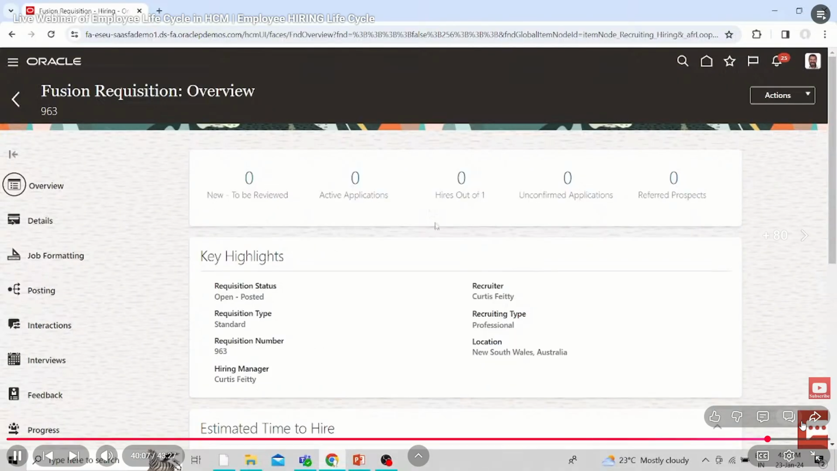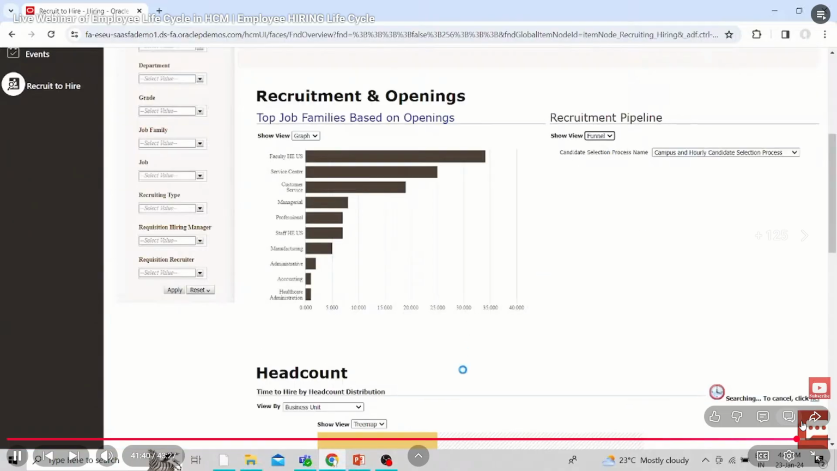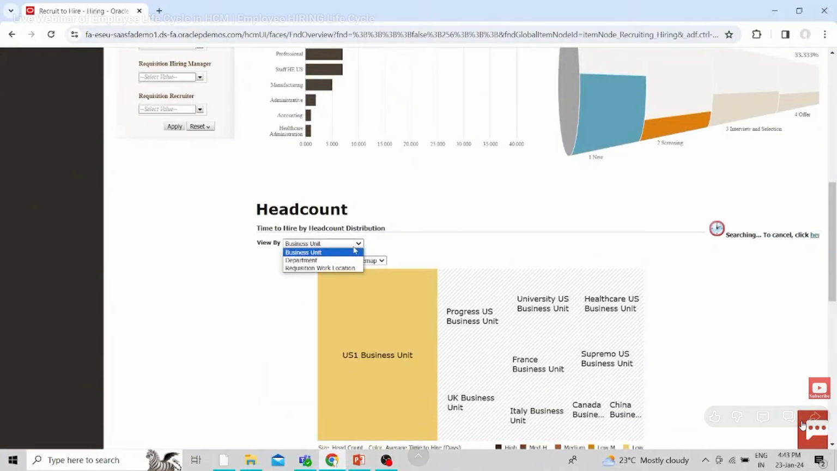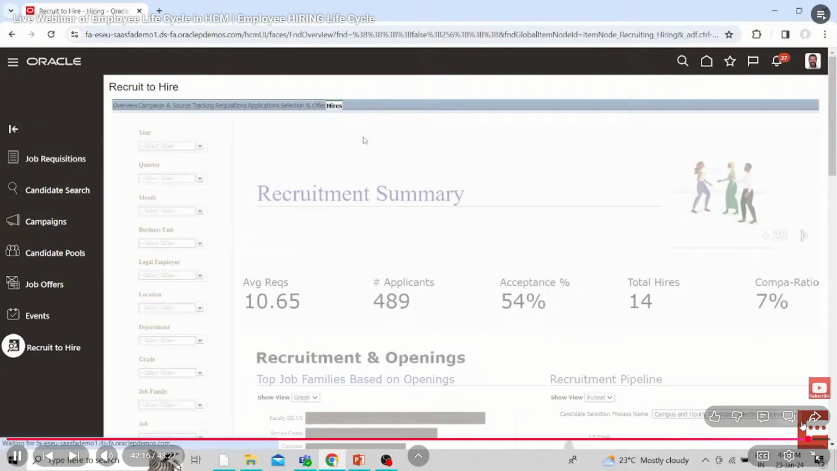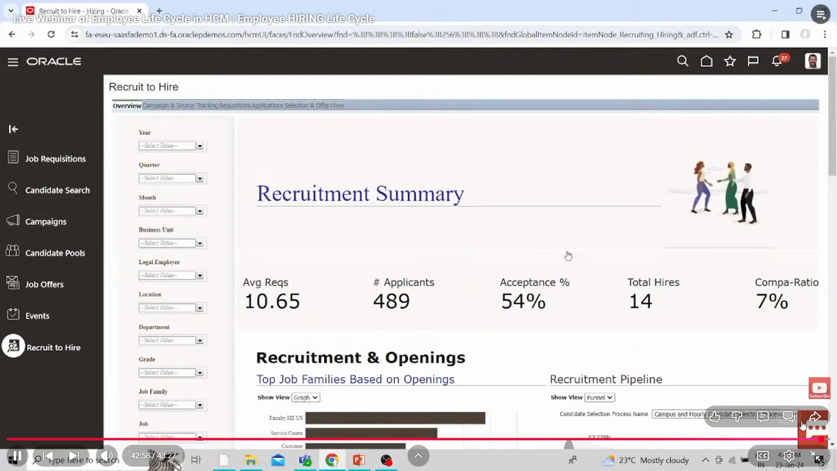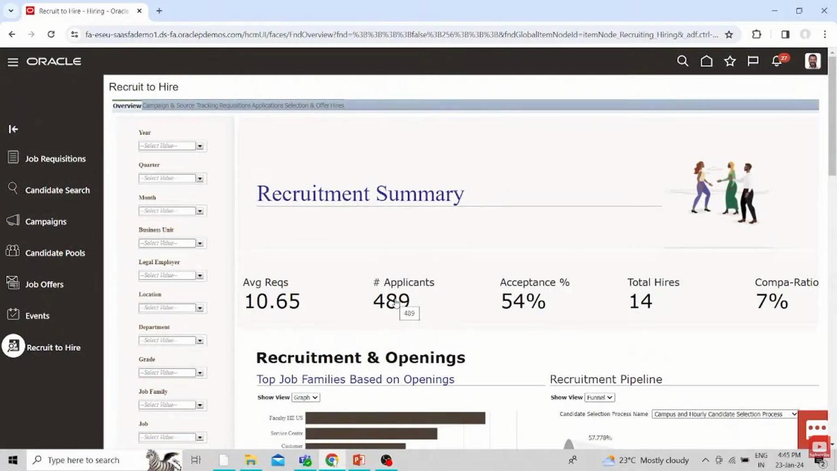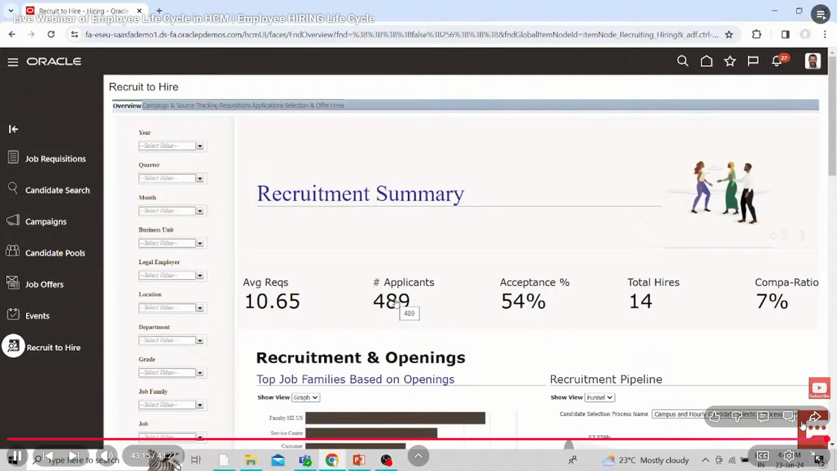Here you can see new to review average. Now, if we go down, then here you can see the head counts. You can see by business unit, department, and hiring also. So this is all about today's session, the hiring process. What is the hiring scope and holds in the